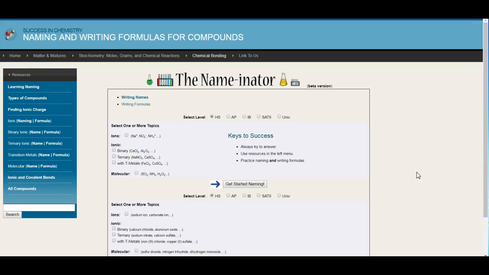So what I want to show you here is a cool website that somebody else created. This is not of my creation, but I want you guys to use it to practice for your naming and formula writing quiz and just to practice naming and formula writing in general for ionic compounds. So when you go to the link that I have in Classroom, just below the link for this video,